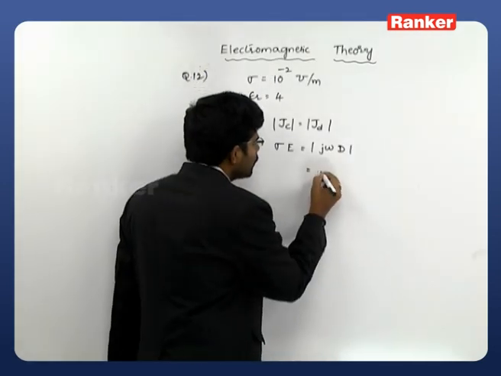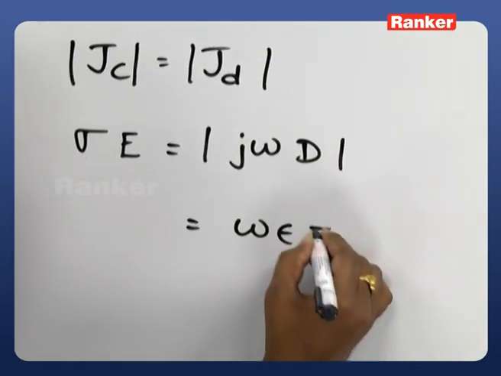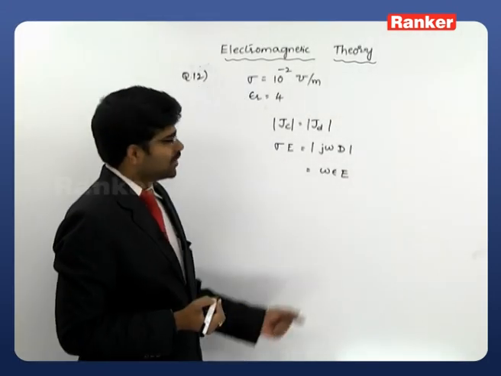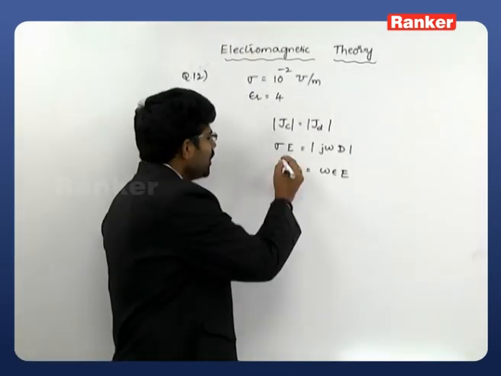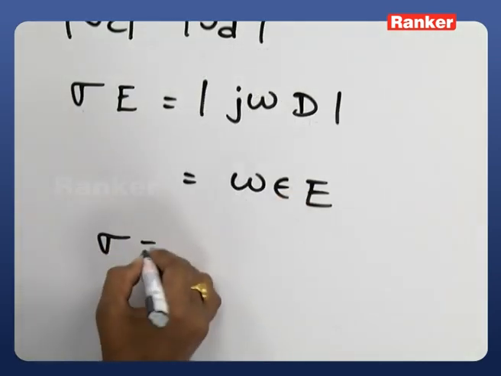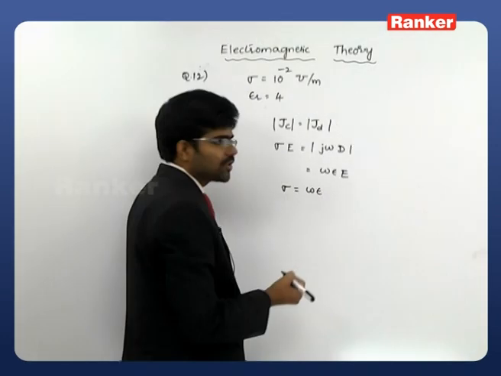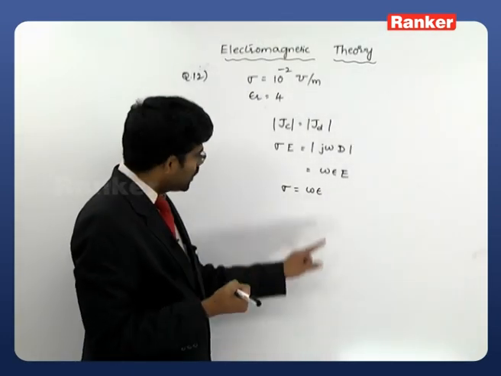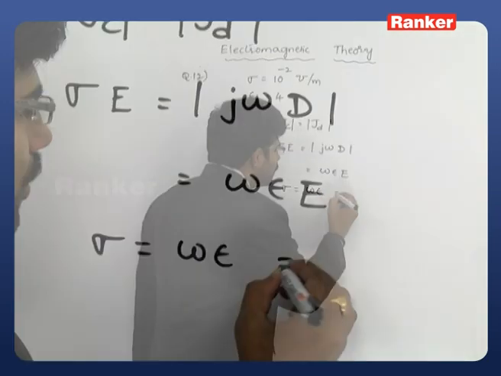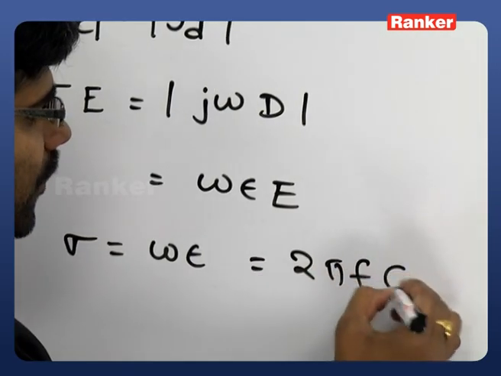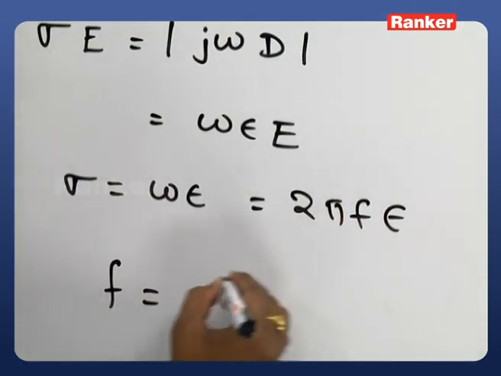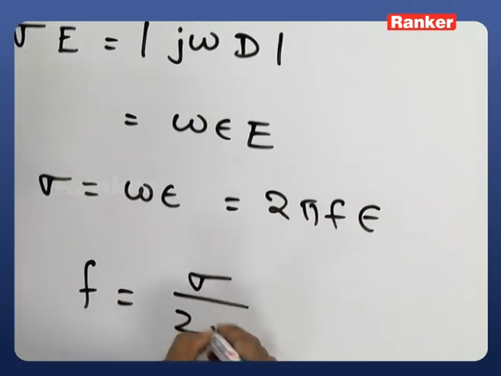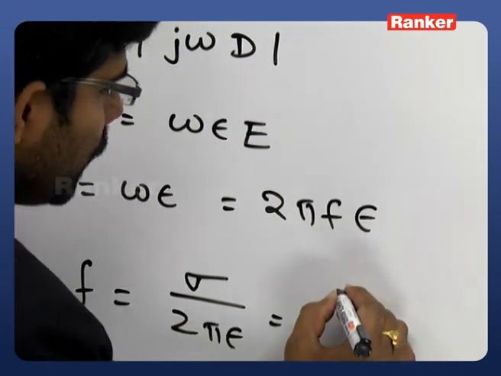So sigma is equal to omega epsilon E, that is what I am writing. Since I am considering only magnitude, this j can be ignored. Now E will be cancelled, so sigma is equal to omega epsilon. What we require is the frequency, so write this omega as 2 pi f epsilon. So f is equal to sigma by 2 pi epsilon, which is nothing but sigma